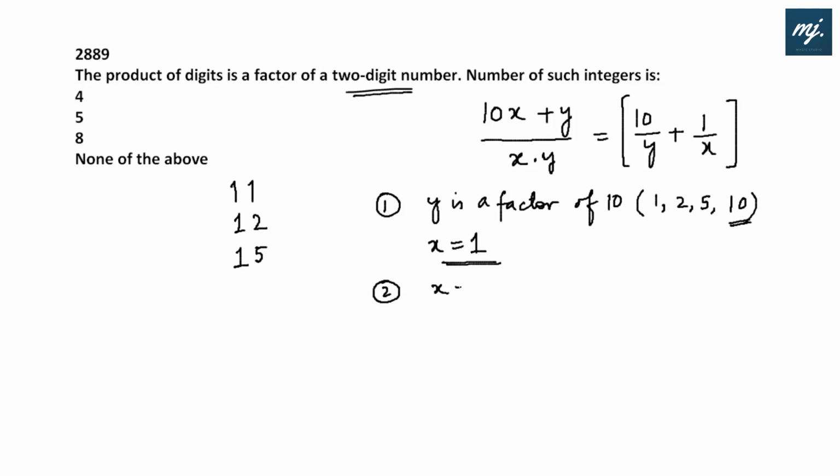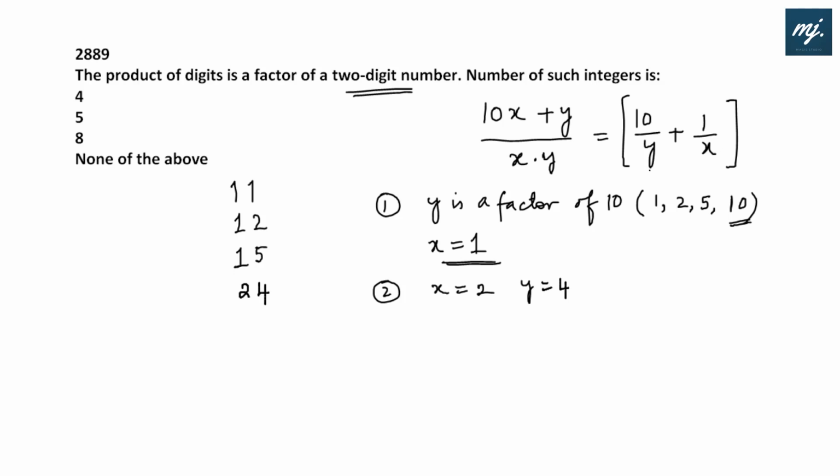Second case, if I take x equals to 2 and if I make it half, then I need this value also as half. That means in place of y, I should have 2. Fine. And it should not be divisible by the number on the top. But 10 itself is 2 into 5. So I can start with 4. If y is equal to 4, what will I get? 24. 24 is divisible by 2 into 4, that is 8. Bingo.